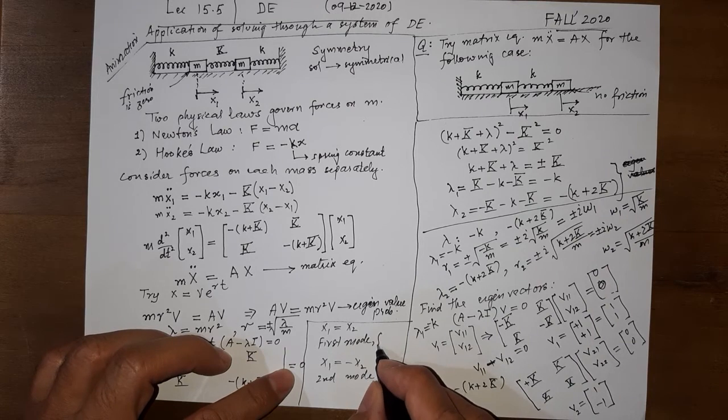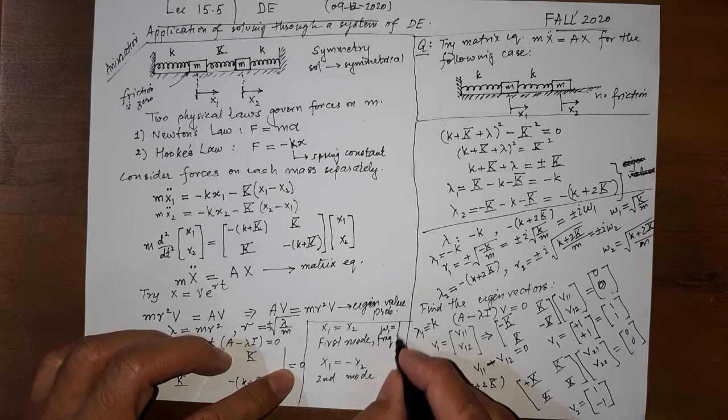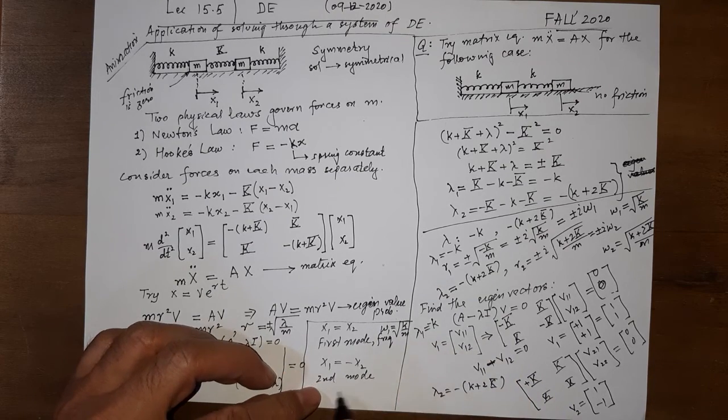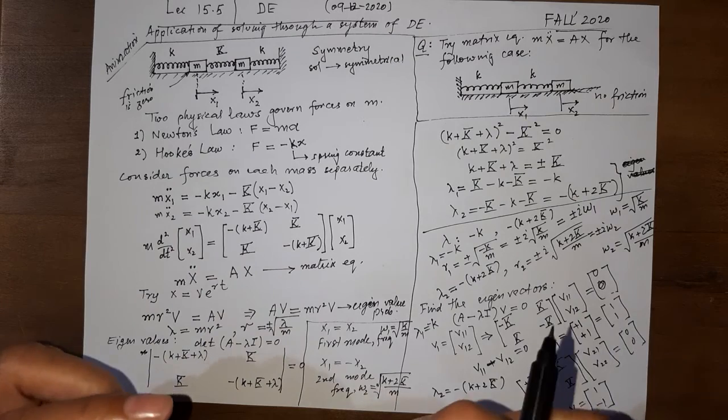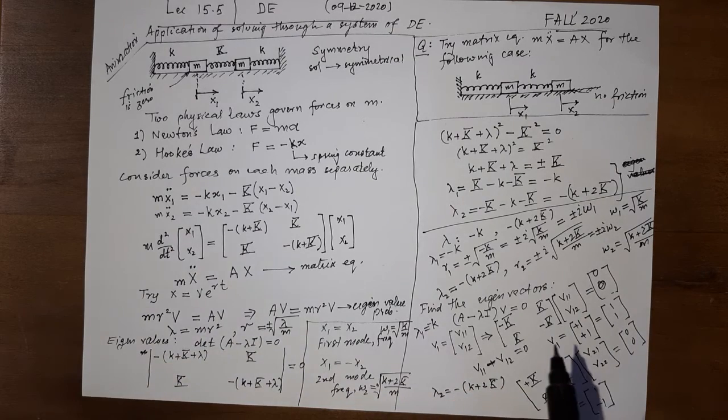So the frequency here would be omega 1 is equal to square root of k by m, which does not depend on capital K, and the frequency of operation of this mode would be omega 2, and that would be square root of small k plus 2 times capital K over m. I think this makes perfect sense,